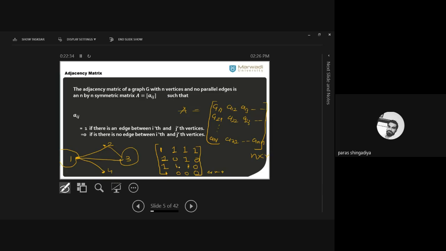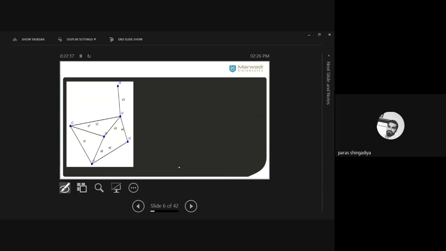Okay, now let's take another example. This graph is given here, which includes 6 vertices and some edges. So what will be the size of the matrix? 6 cross 6 means 6 rows and 6 columns. Okay, that's very easy. You have to manage the matrix according to the number of vertices in the graph, how many rows I have to consider. So let's check. Yes.